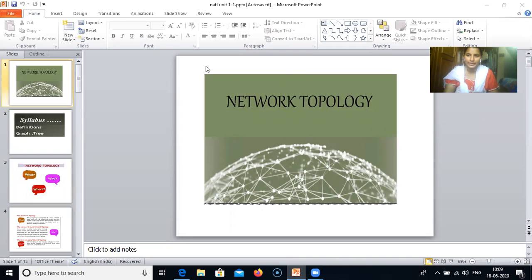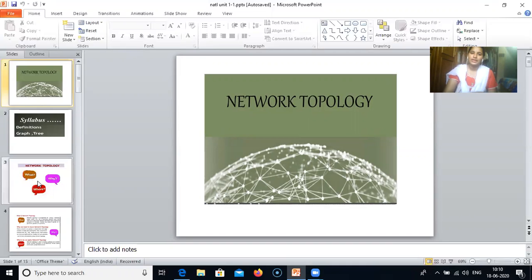I am going to deal with the subject Networks and Transmission Lines. So today our topic, in the first unit, is network topology. That is, we have cut set matrix, tie set matrix, tree, co-tree, and different graphs and everything. Now I am going to deal with a few topics in the first unit, that is the definition of graphs, trees and everything, and the basic definitions.